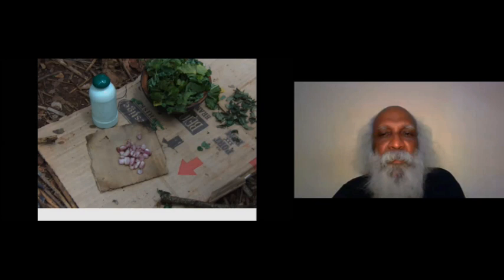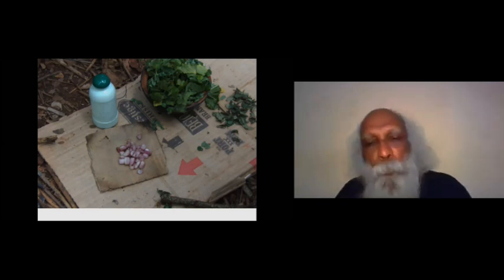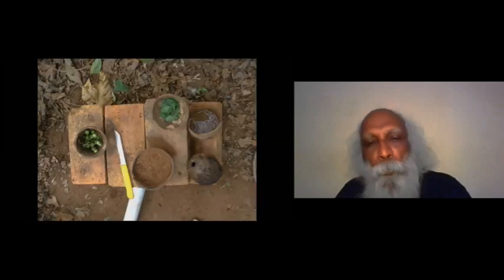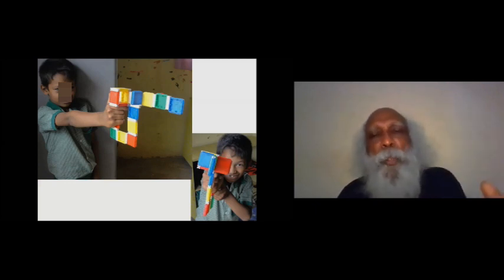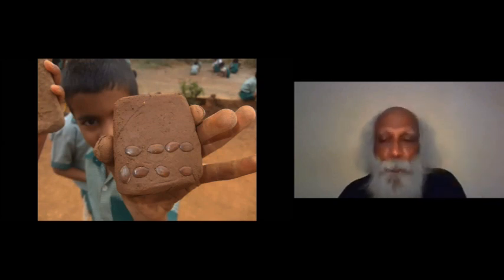Here she is making a play puttu, and on another day she is making what you call that, dosa. She's trying to make that, the same girl. Being contemporary, children are responding to exactly what they experience. The child saw a camera in my hand and immediately made a camera. Another type: this was after they saw a video camera, they immediately made a video camera with that. A mobile phone. So children are constantly responding to what they see by remaking this so-called toy.